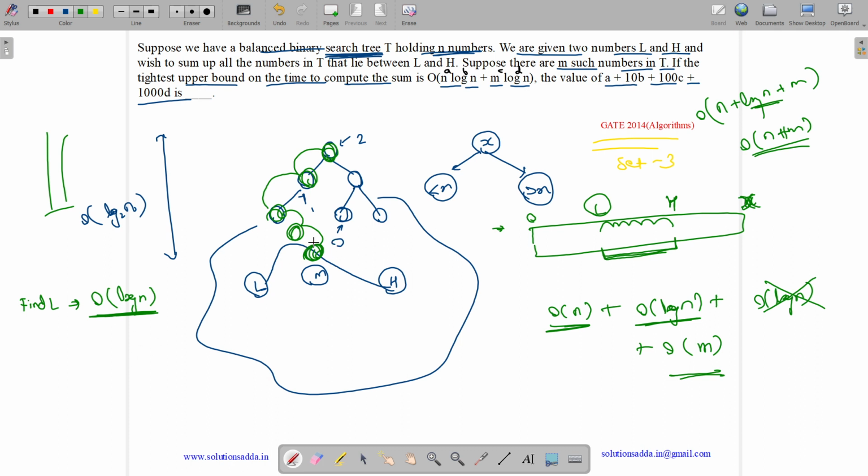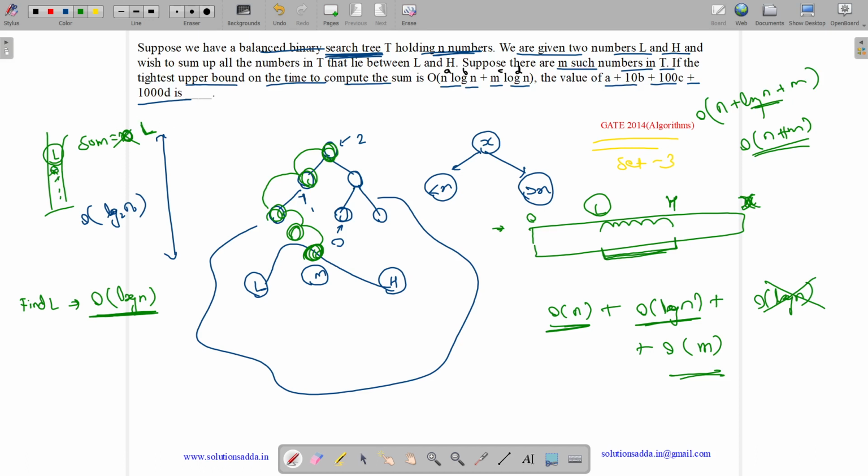Now we need to go to m through the root path. So now we will push this L also in the stack along with other items. We will maintain a variable sum and initialize it to 0. Then we will initialize it to L. Between L and H, let us assume including L and H. So initialize it to L.